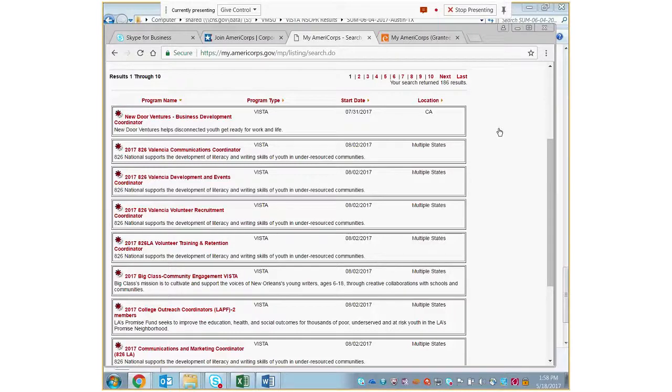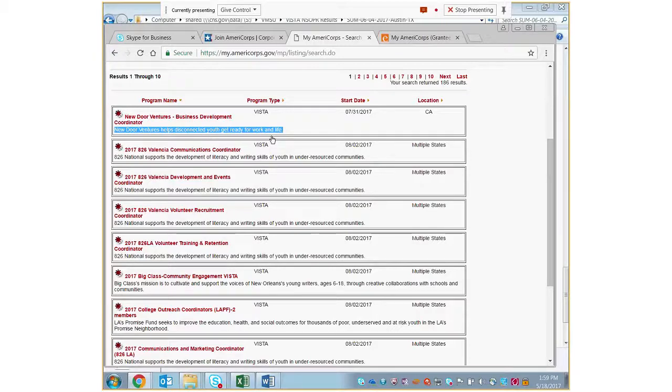Now, if you recall back to the opportunity listing when I was explaining how the two-line description needs to be attractive and interesting to the VISTA candidate, well, it needs to be interesting and attractive because this is that two-line description. So you'll see New Door Ventures help disconnect youth get ready for work and life.